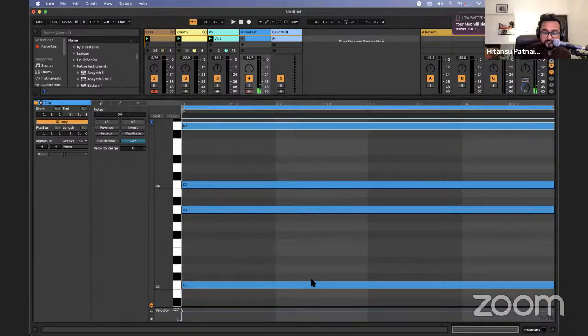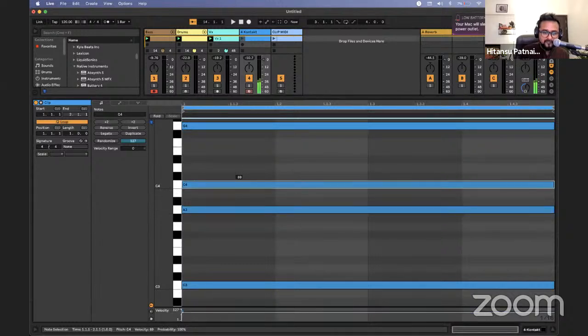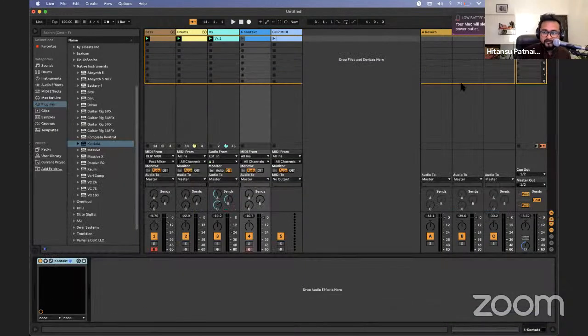It's completely harmonic, and hitting the command, I'm setting different velocity levels to it, and it's very easy in Ableton to set your velocities. There's now a different new approach to the velocity controls in Live 11. You can see the things are completely different right now. But anyways, let me just,